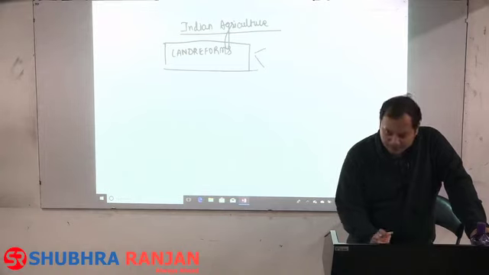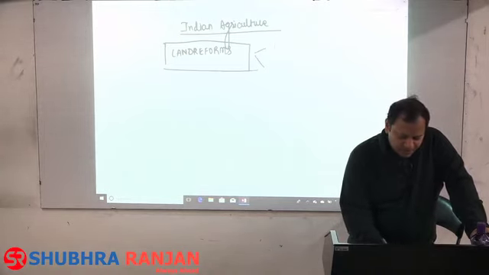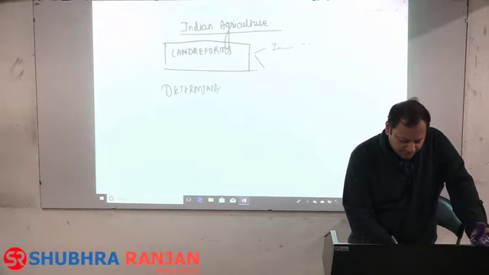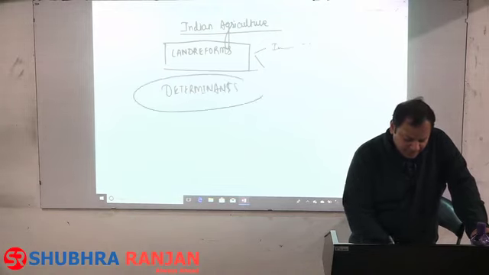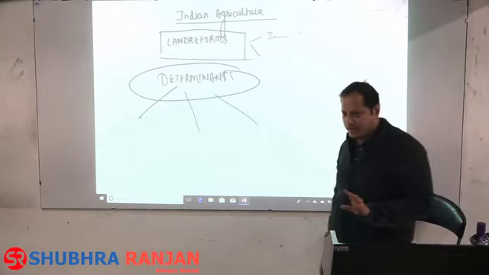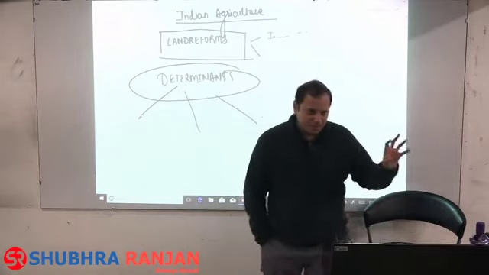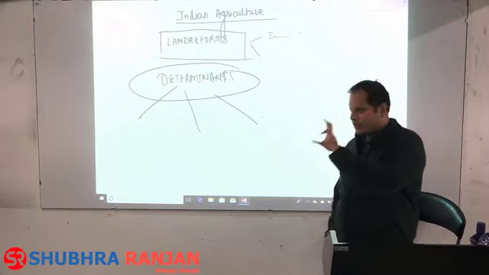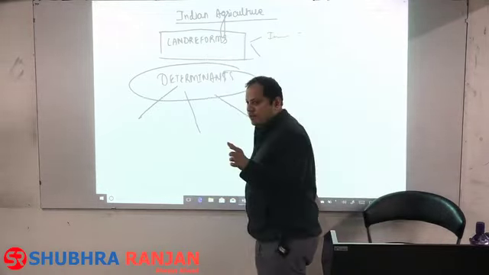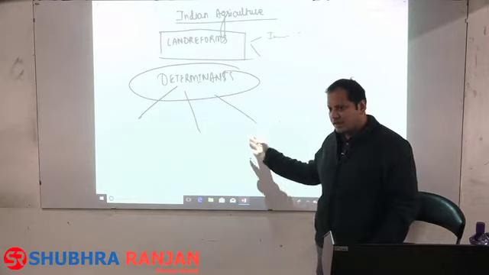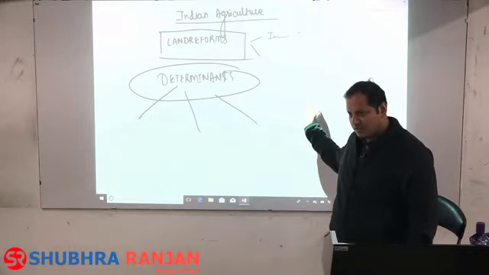And so we were doing the scope of the land reforms which comes in the institutional factors of the Indian agriculture. Now there are certain determinants of Indian agriculture, and this determinants of Indian agriculture means the factors that affect the Indian agriculture are physical, institutional and technological or infrastructural. That is what we have done. Physical factors mein there will be the climate, there will be the problems, there will be the concept of a cropping pattern which is determined by the climate, there will be moisture, there is humidity. Institutional factors mein there will be land tenure, ceiling on the land holdings, land reforms, and infrastructural or technological factors mein there will be seeds, power, etc. which we will touch tomorrow.